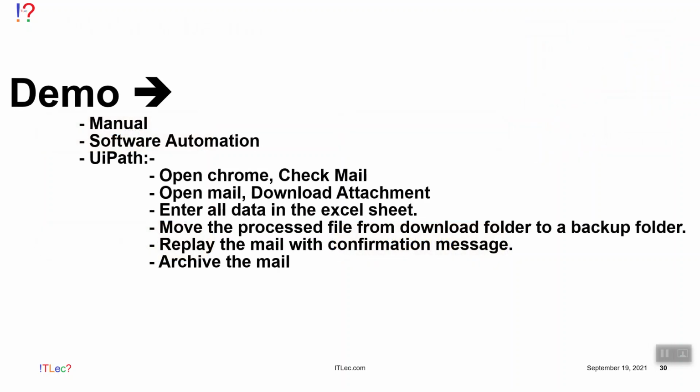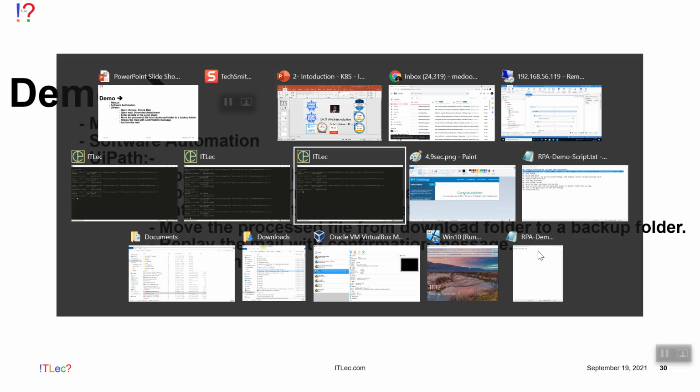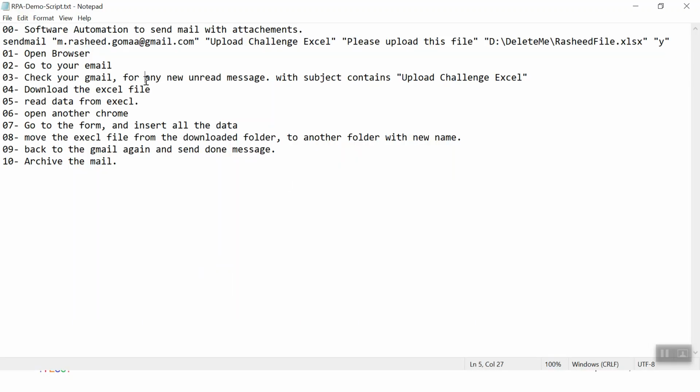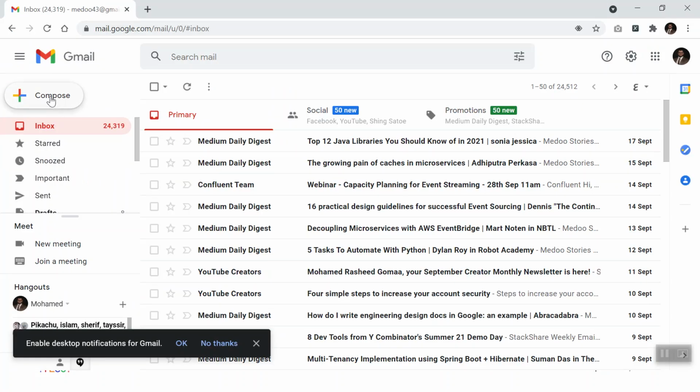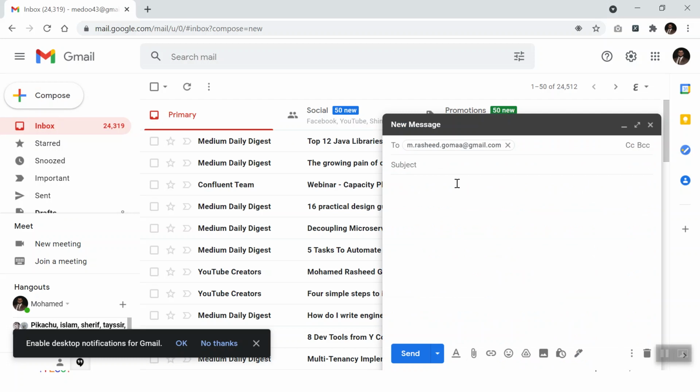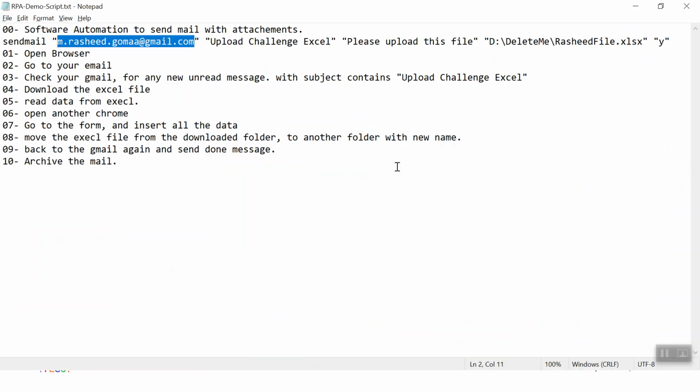So it is time now to go for the demo. In the demo, we'll have manual, we'll have software automation, and we'll see how we can create this. So here we go. Yes, I have here, for example, I will send a mail to this email with this one. So I will compose it here with the subject, this one,